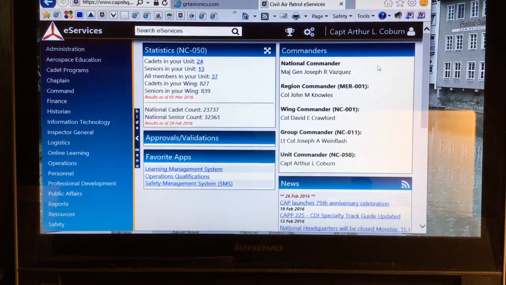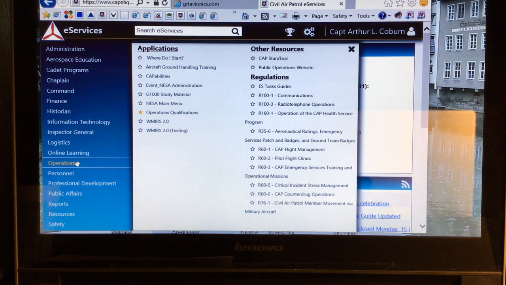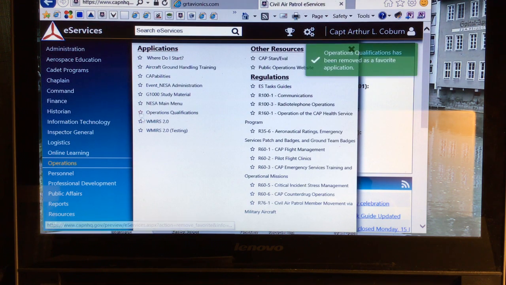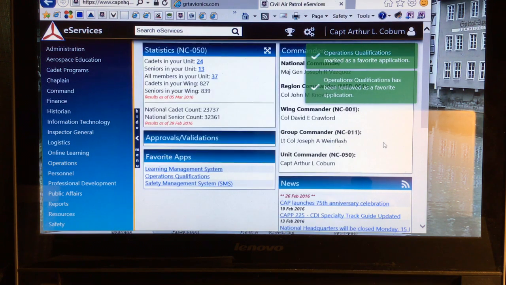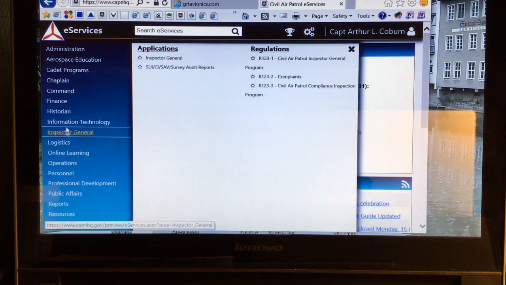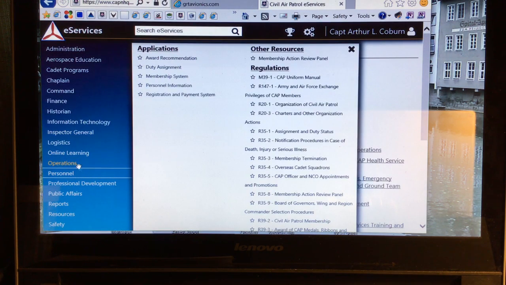Alright, so at the main page on e-services, we're going to start off at operations and then come up here to operations qualifications. In case you don't know, if you fill the yellow in with the star here, I just took it out, now I'm putting it in, that'll put it on your favorite apps right here, so you don't have to go over here and find it. Okay, so operations qualifications,